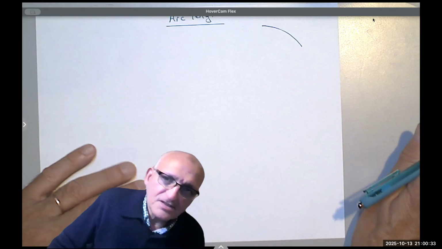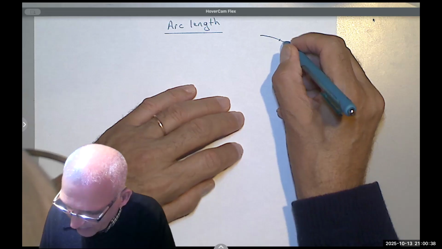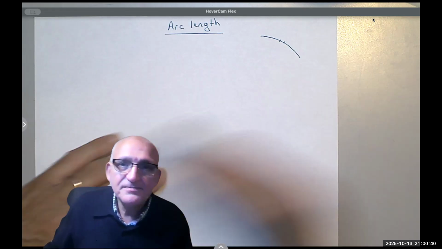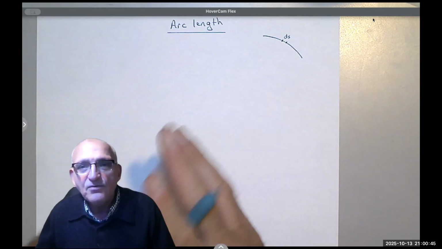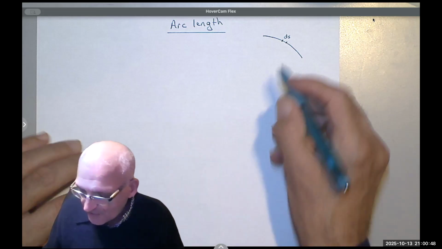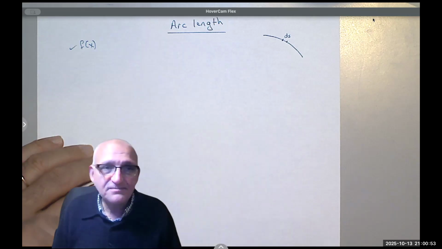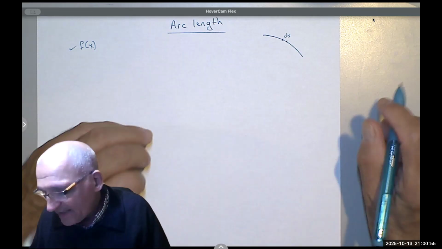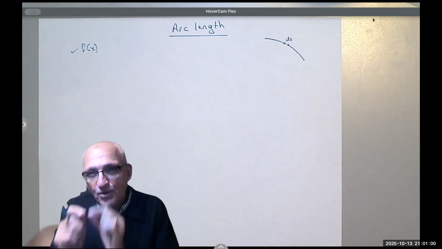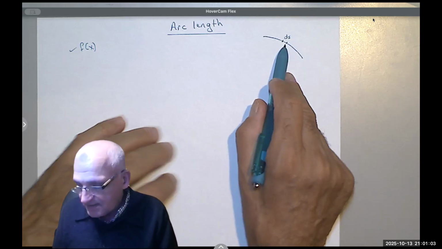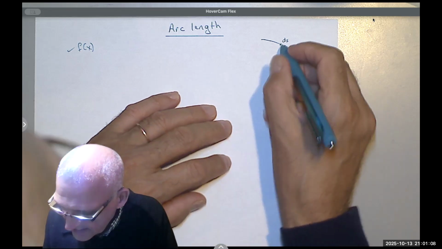I'm going to enlarge it a little bit and say I'm going to take a very small segment of it, let's call it ds, and try to find how we get this ds if we know the function. So we know that function of x is given to us, okay? And so what I'm going to do is take a very small piece, ds, and that would be a straight line, right? When you take it very small, you can consider it as a straight line, and then